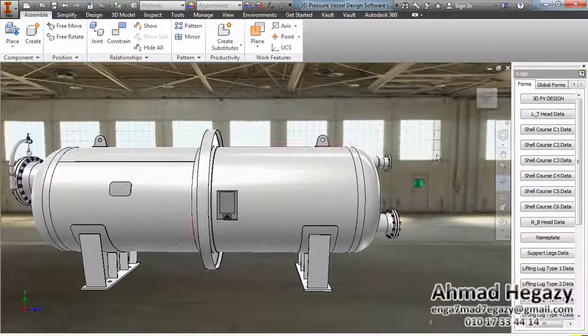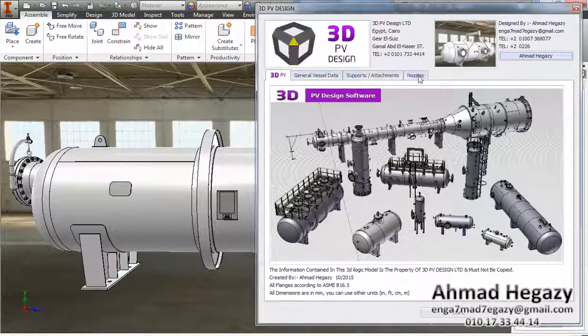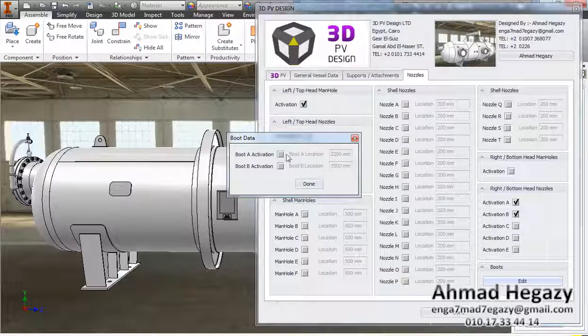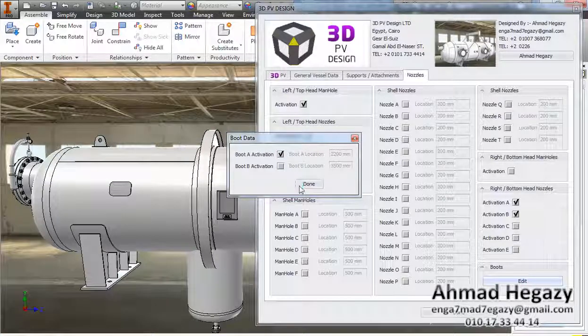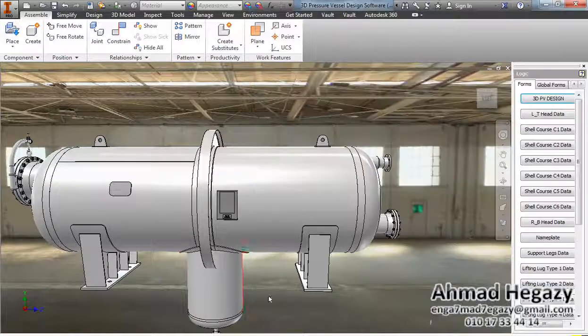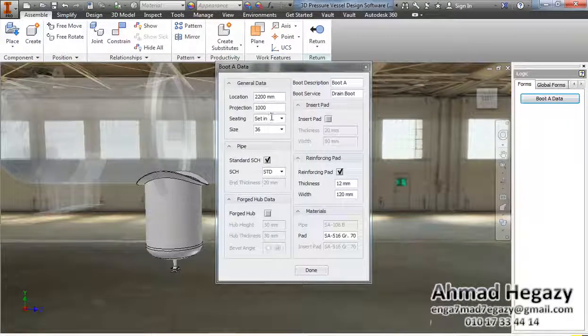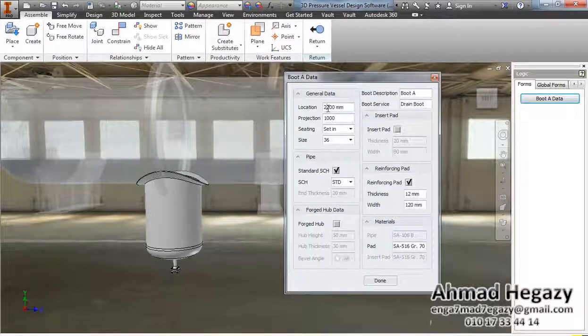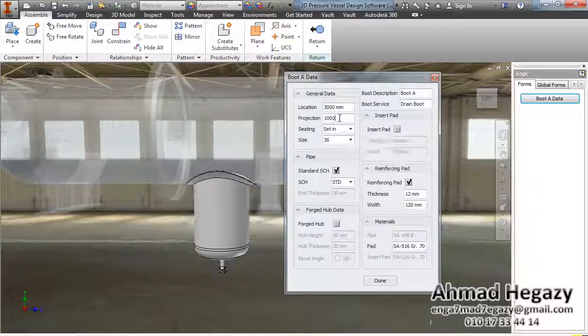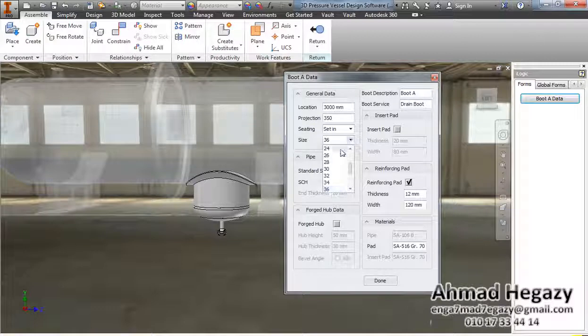Now we will add a boot to the shell course. We will open that window and activate the boot. We will enter inside that and open the dialog box, and we will change the location of the boot, the projection, and from here we will select the size. We have large different sizes. We will select 24,